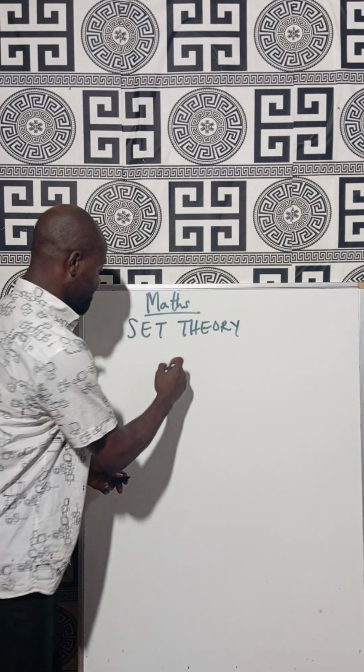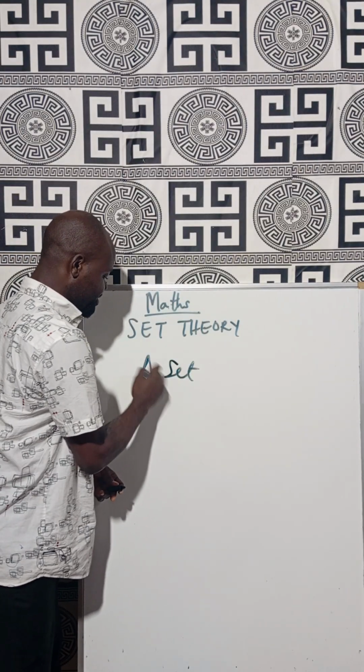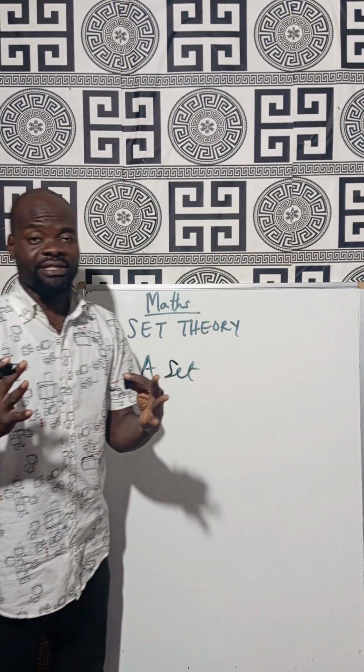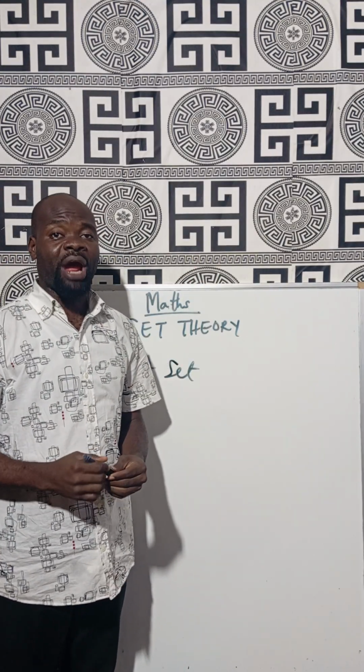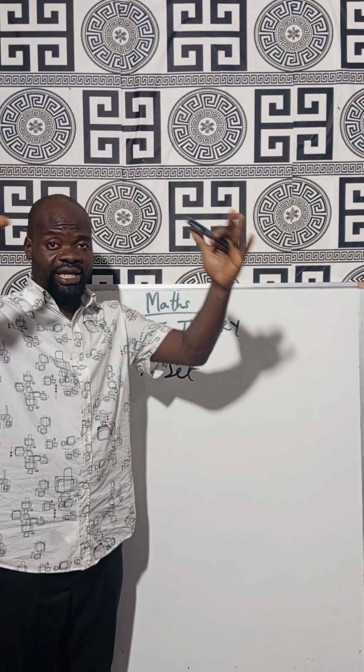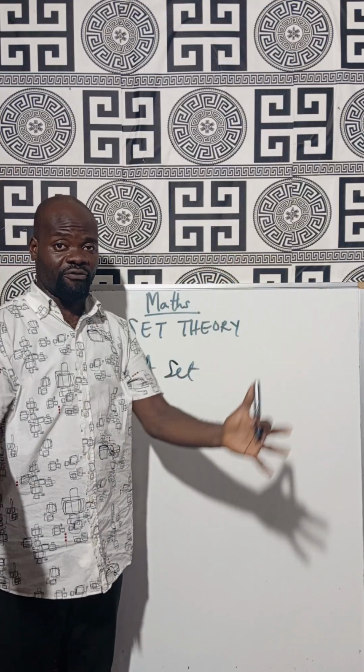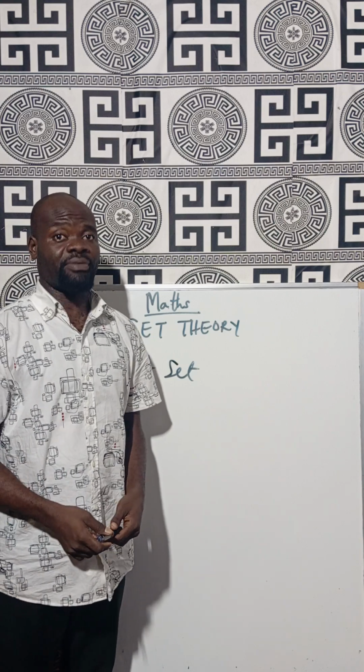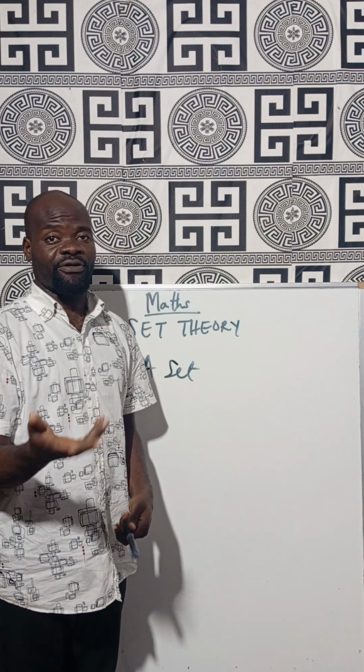What is a set? A set is a collection of well-defined objects. You collect them together, so that collection of those objects is called a set. You understand? For example, if I say a set of numbers